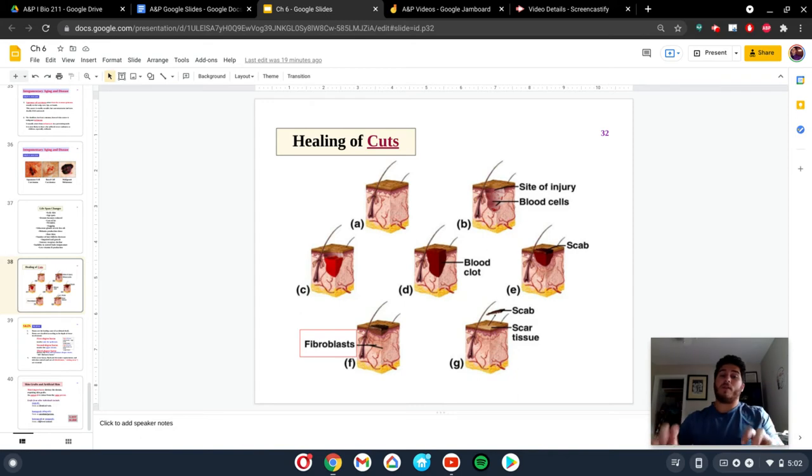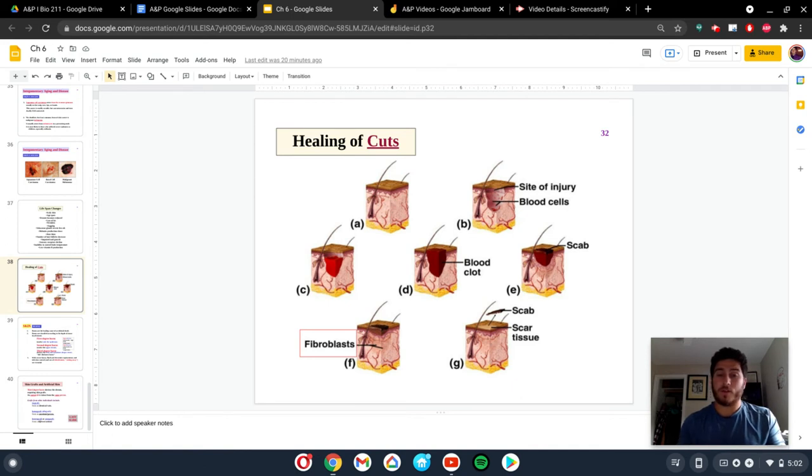Once that clot forms, it's going to stop any type of bleeding or loss of water or loss of any substance from the skin, as well as prevent anything from coming into the skin. So the first thing you've got to do is seal it off. Once that clot and then scab forms, nothing's coming in or out. Now your body can start to use the immune system to bring in different phagocytes, neutrophils, macrophages, and so forth,